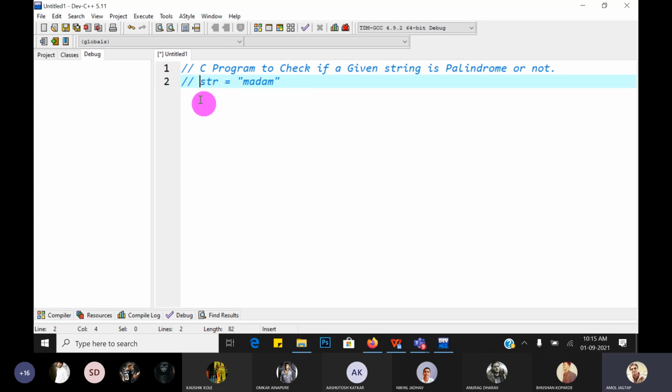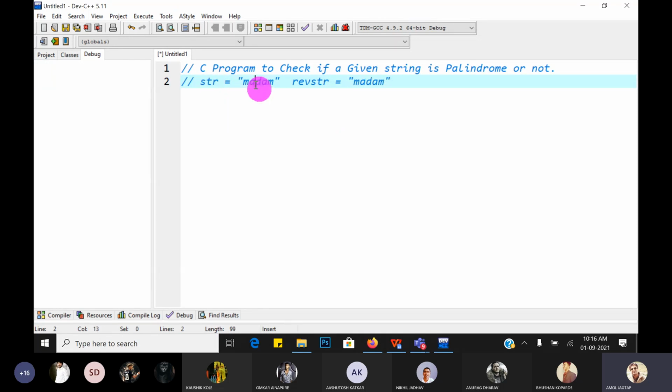So what we have to do is reverse this string. What is the reverse string? This is saved in, suppose, reverse str. So what is the reverse string of madam? Madam again. Okay, so the reverse string is also the same as the original string.